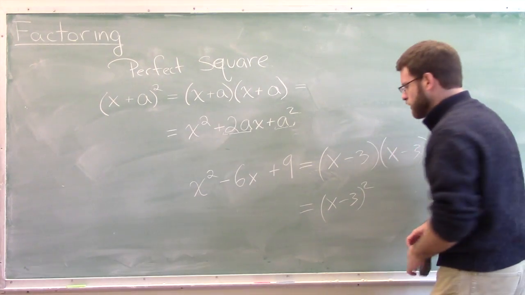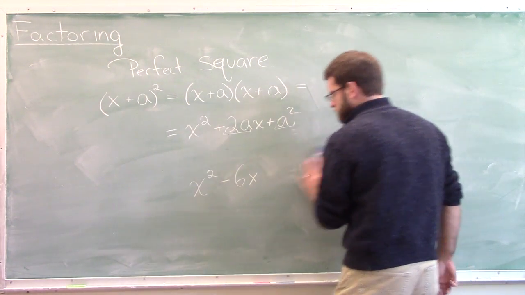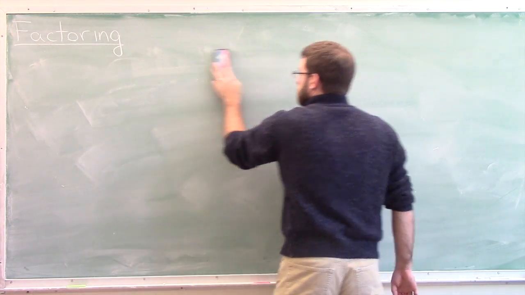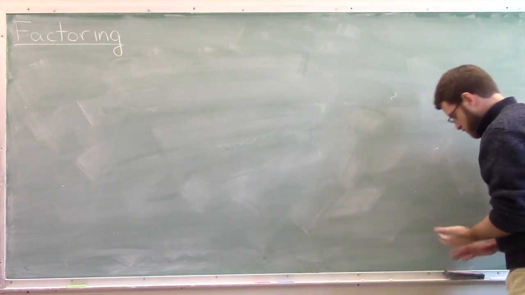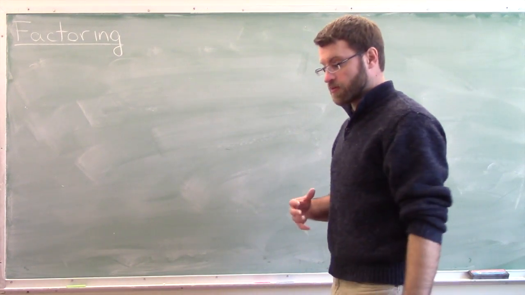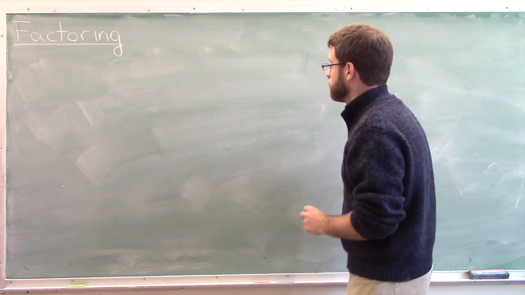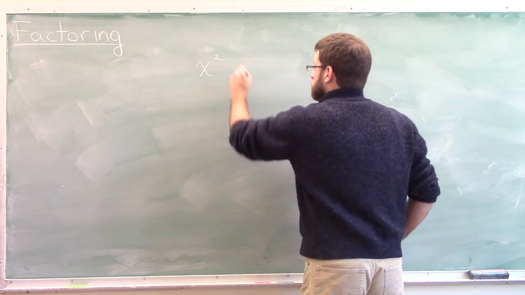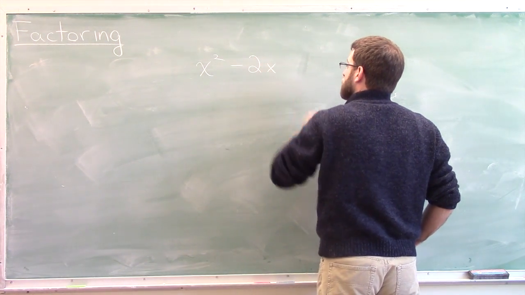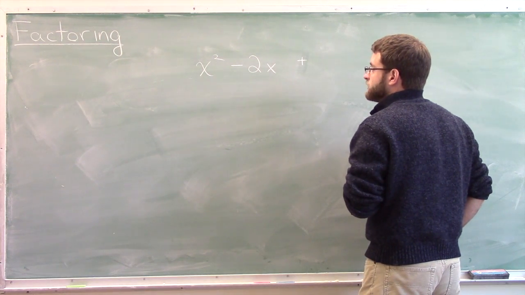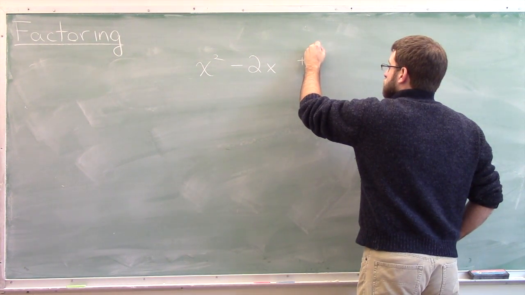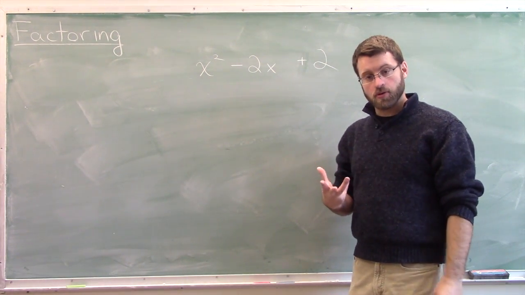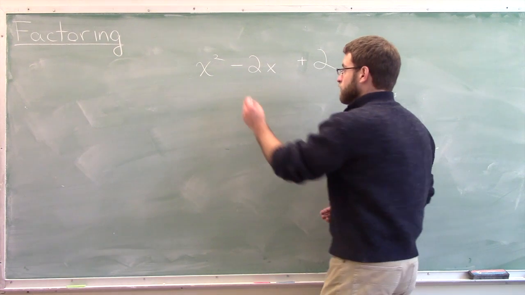We're going to do one more example. And this example is not going to be a perfect square. Okay? But it'll be an instance of something a little bit more general, which is called completing the square. So here's what I have in mind. X squared minus 2x plus, how about 2? Okay? If I'm trying to match this up with the pattern for a perfect square, we need the middle